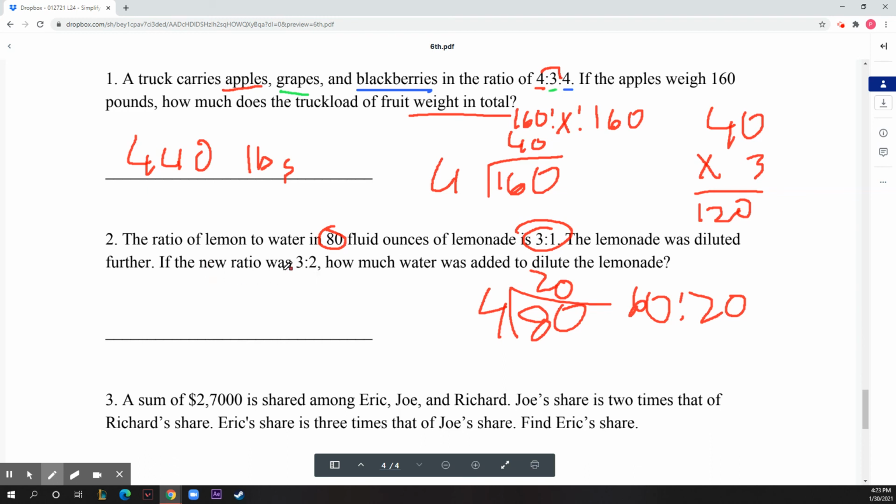Now the new ratio is 3 to 2, which means that you just need to add 1 to this, which when translated to this ratio is 20. So you just need to add 20 to this, which is 60 to 40. Okay, and it's asking how much water was added, which would be 20